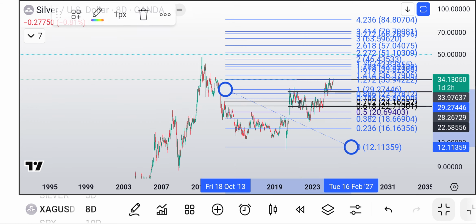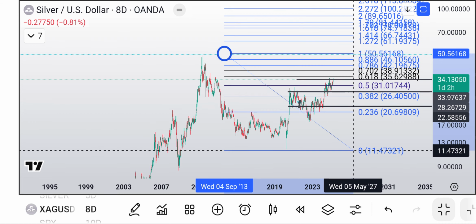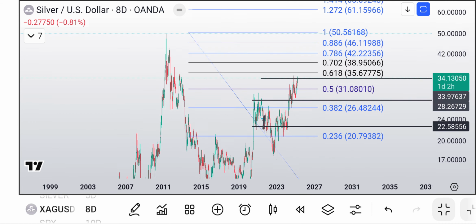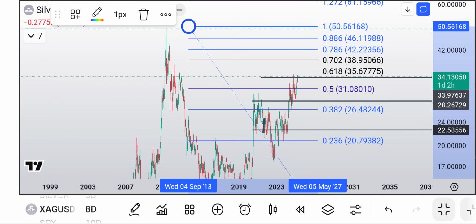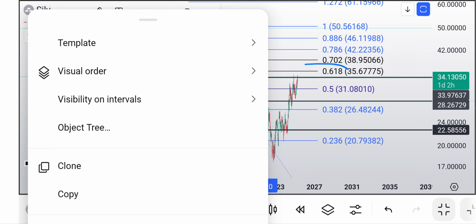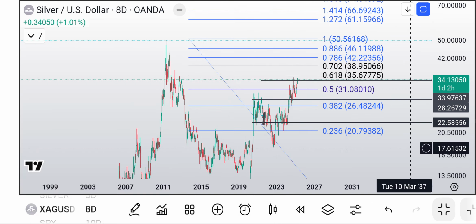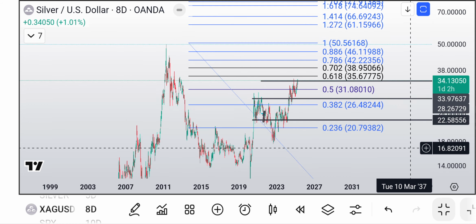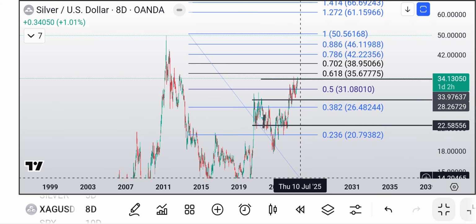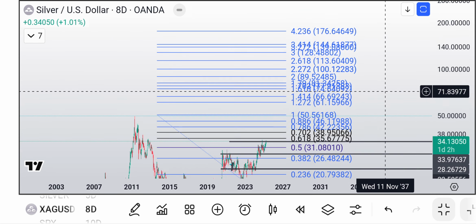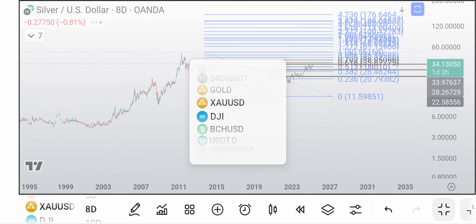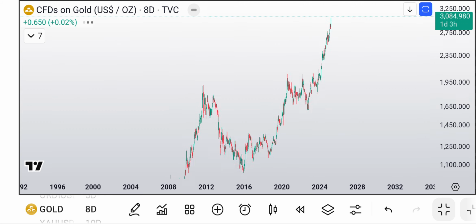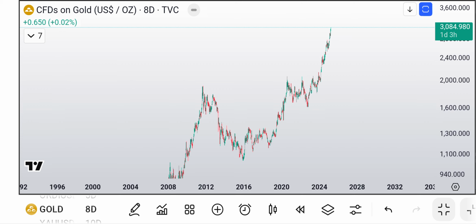It's not. And again, it's all the riggers and JP Morgan. So we're almost to the 618. I'm sure this is on log. No, it's not. All right, that's good. Yeah, so we're almost to the 618. Silver needs to get above $50, and the target for silver is $75. So let's see if we can get there. Because gold is just rampaging, but silver is just kind of like, womp, womp, womp.